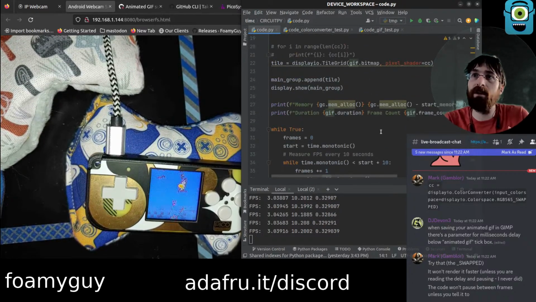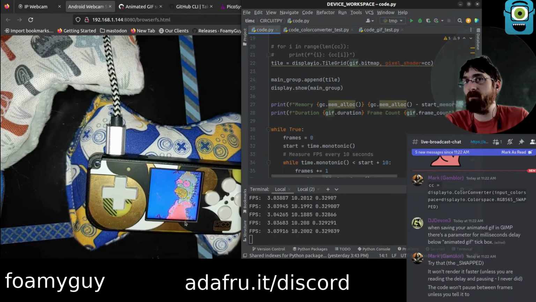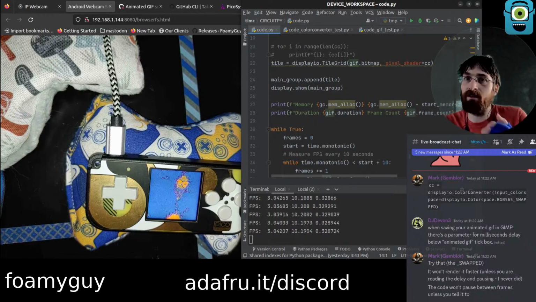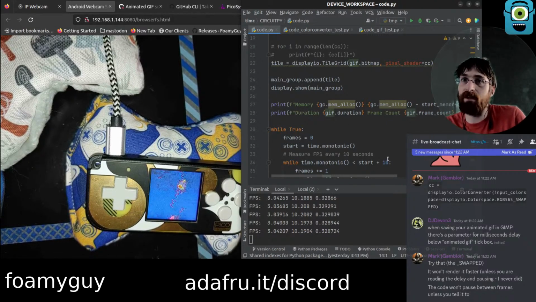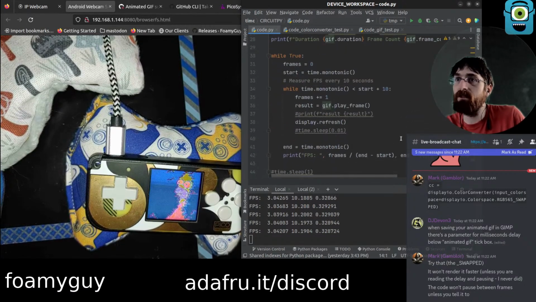But this kind of thing, until we can get some kind of speedups internally in displayio, I think this is pretty much what a tile grid would be as well, right? Like if you had a sprite sheet with a tile grid and you change the indexes of your tiles, I think this is about the same speed you would expect for this size image in current displayio and CircuitPython, just kind of how it is for that size. Smaller images though, you can definitely speed up quite a bit.